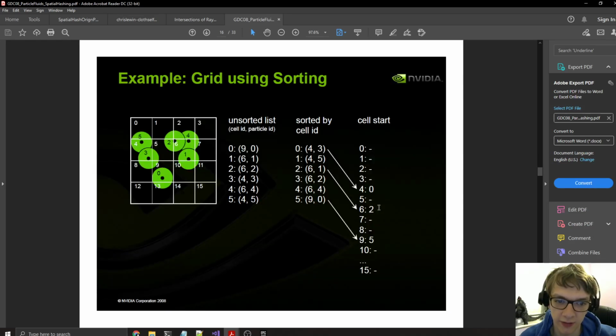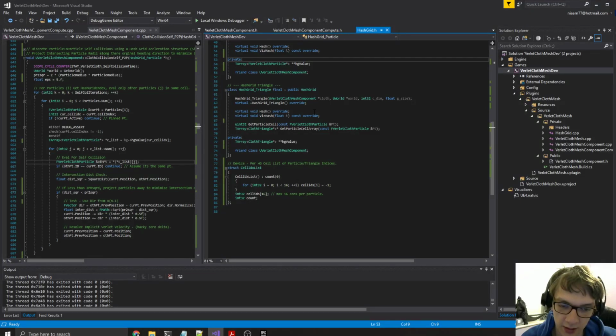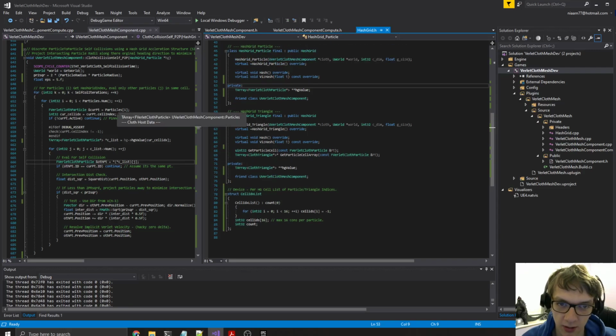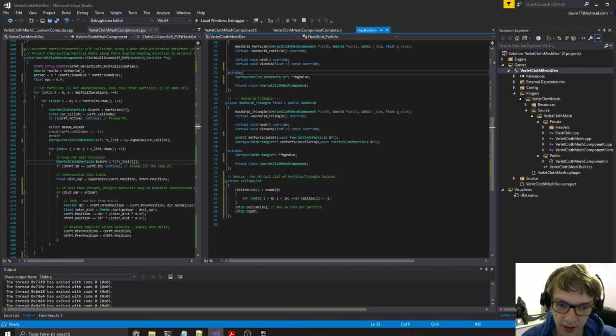So it's efficient in memory, but it has some overhead, because we need to sort the particles each frame. And because the hash grid is not constant, it's created per time step, this would have to be done on each time step or each sub step. So not exactly mega efficient. However, because I don't really care about memory so much right now, I'm going to go with the approach where I pass the hash grid in a more direct way, as an array of structs, because